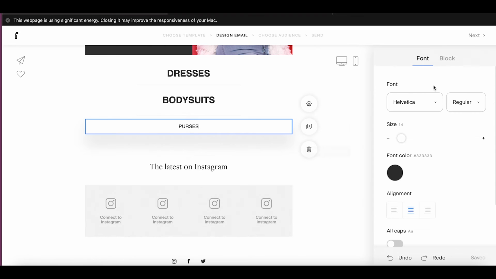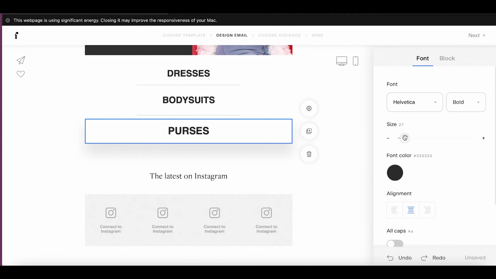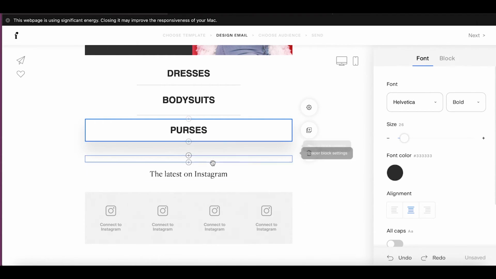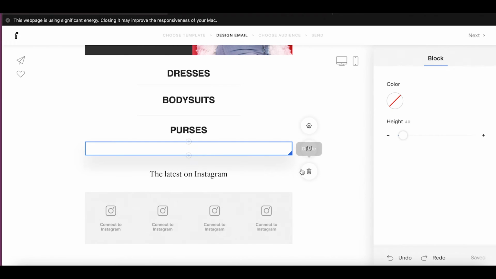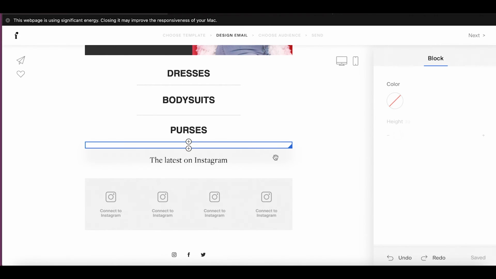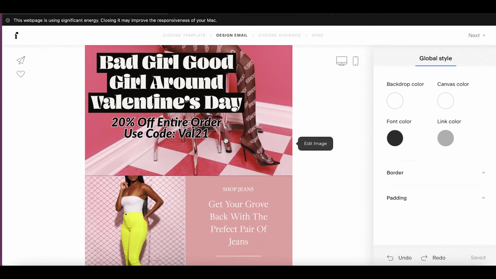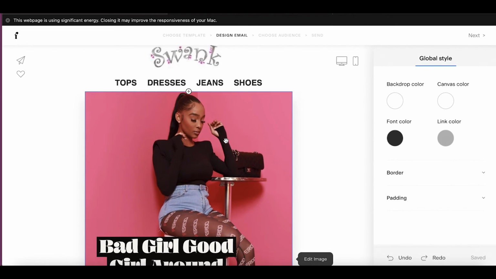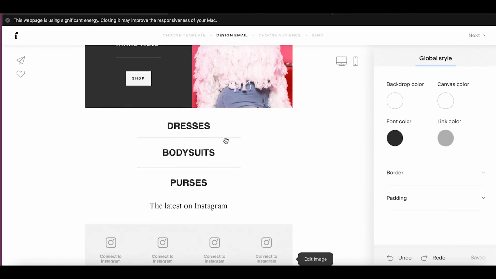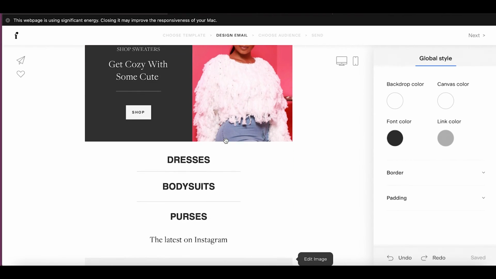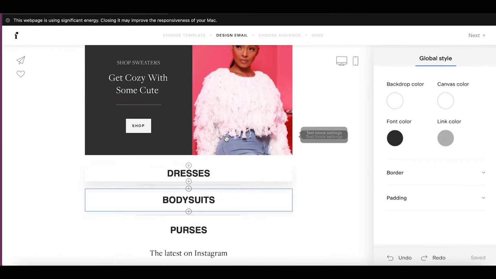So we'll want to do the same thing. Update our text. Make it fit so that it corresponds with all of our other sizes. And then, boom. Okay, so we've added some extra categories. So once the customer scrolls down, they now are not only seeing what we are featuring at the top, but they also have these categories at the bottom that we may not have mentioned throughout the email, which we did mention dresses at the top,